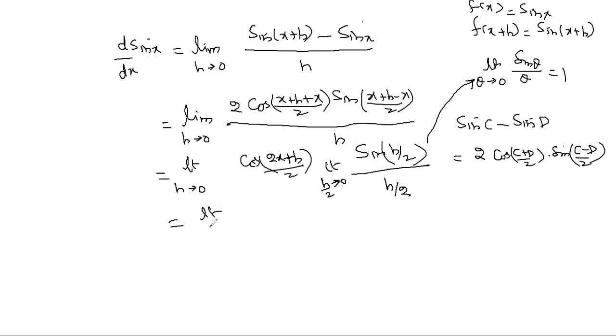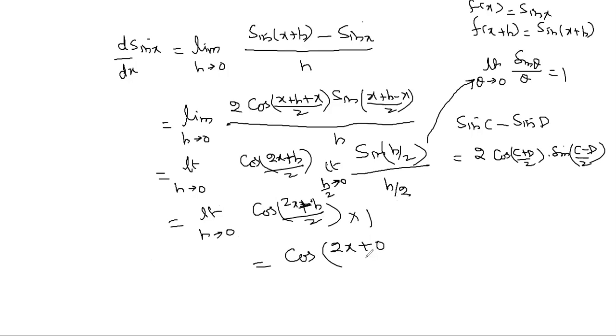So its value is 1, and with limit h tending to 0 we are left with only cos of (2x plus h) by 2, and this becomes 1. Now substitute the value of h: cos of (2x plus 0) divided by 2, that is equal to cos 2x by 2, therefore it is equal to